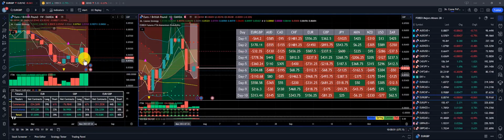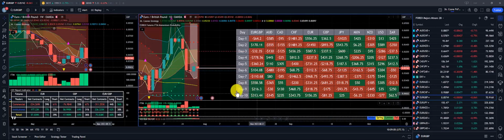Euro British Pound had significant FTM to the upside, and we also had FTM, but crowd out on the long side. However, we did have the 200 here. We had the Euro 270 here, and it just bounced between them. Overall, COT was to the long side in terms of crowding out, and overall gain for Euro British Pound was